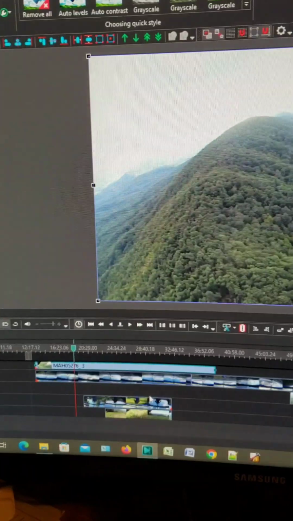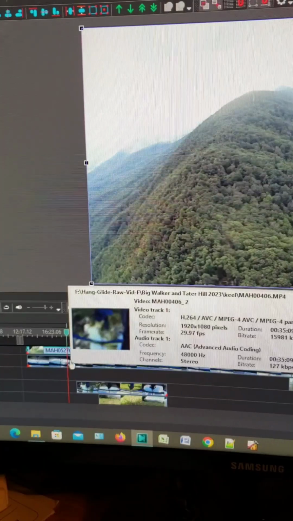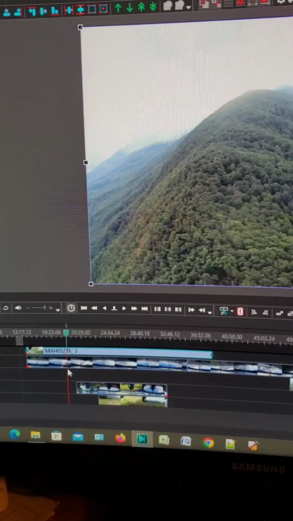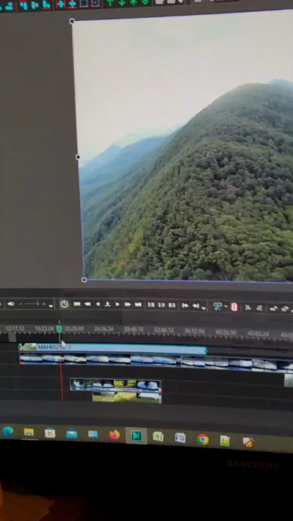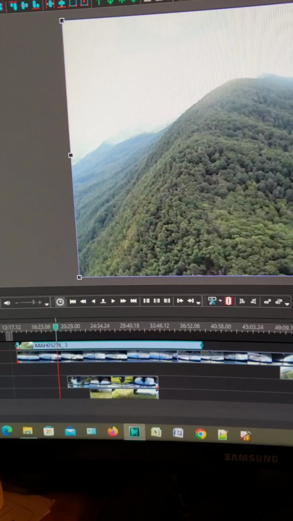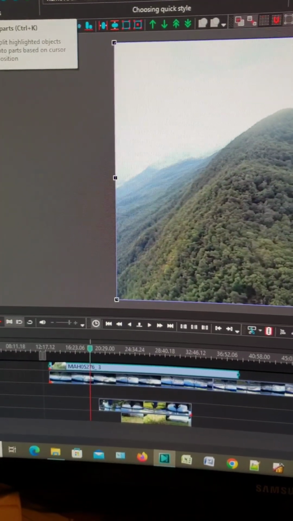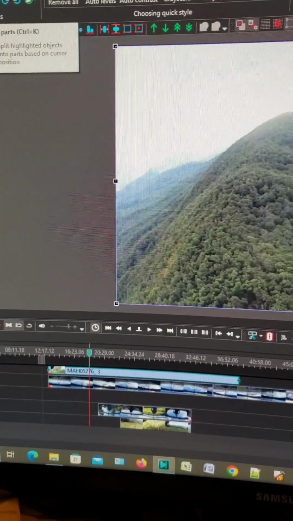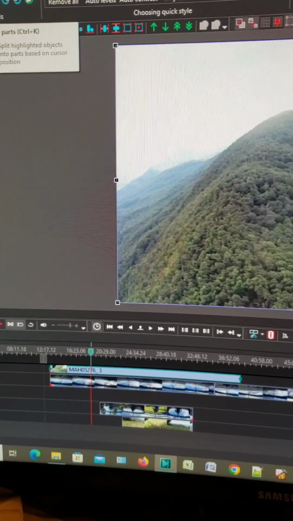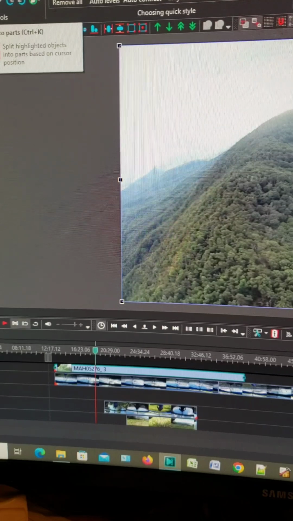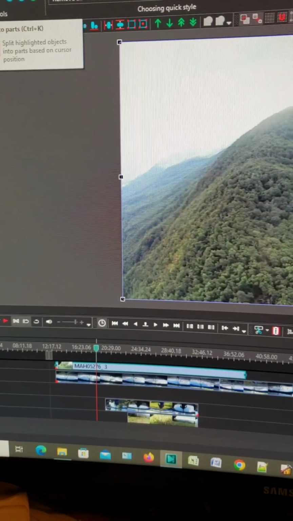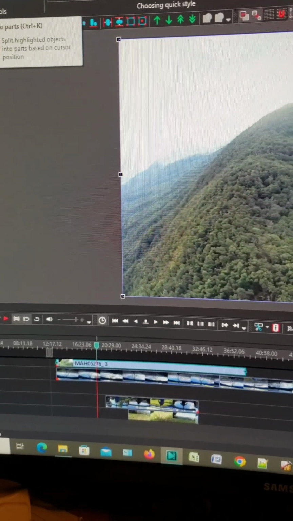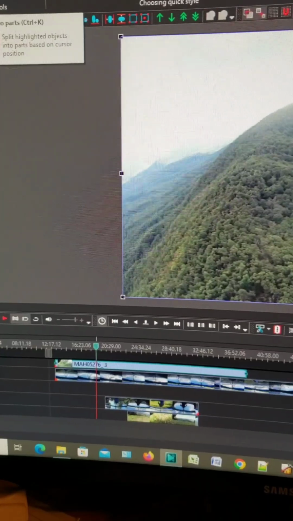So right there, if I wanted to show that from the other camera, all I'd have to do is use this cut right here and cut that. Cut both of them, cut both tracks right there. And then I can move the one portion to the top and leave the other portion out, or just delete the portion that I don't want from the other video